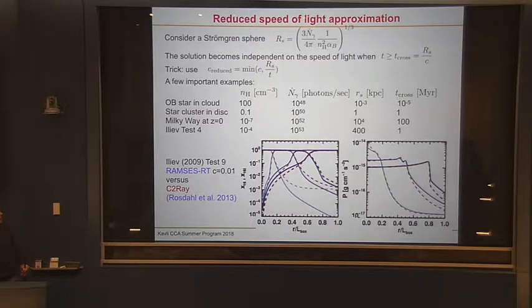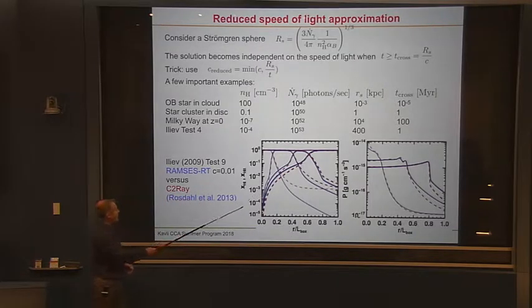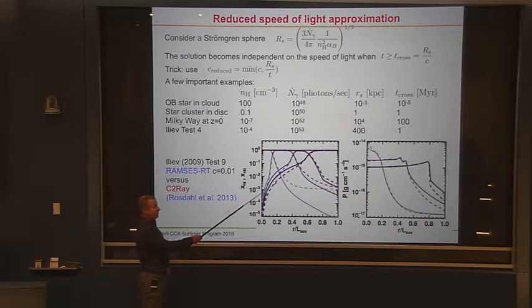Okay, but so how does it work in practice? Actually quite well. So this is a photoionization problem. That's the Strömgren sphere, if you want. So you have a star sitting in a dense environment, and the radiation will create a photoionized bubble. And this is the H1 and H2 fraction, right? So the H1 is reduced in the center, and then is 1 outside, and H2 is the other way around, right? And that's a comparison between a moment method in blue and a ray tracing method in red, right? And so they're in relatively good agreement.